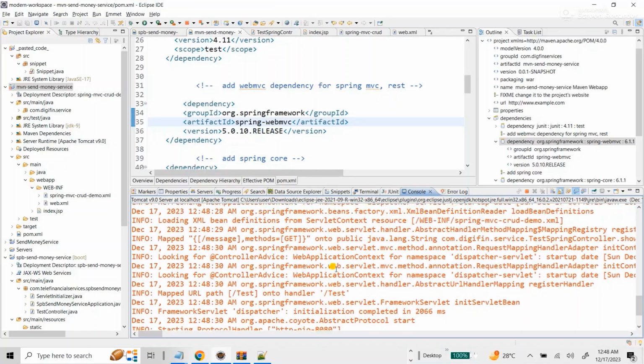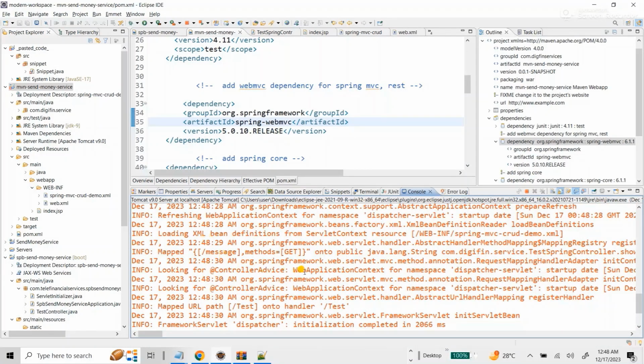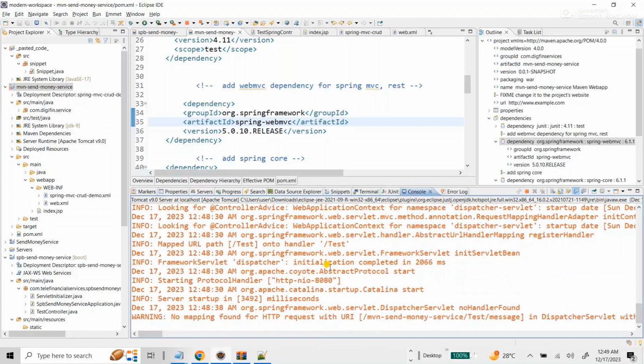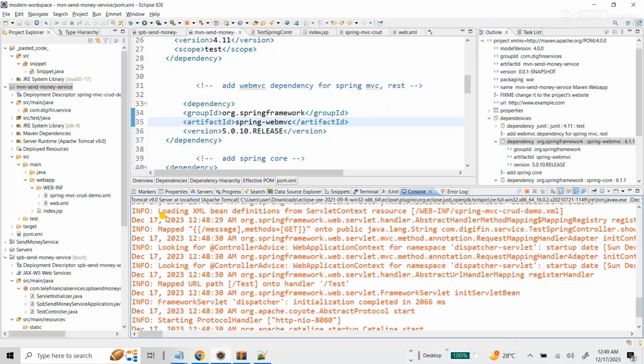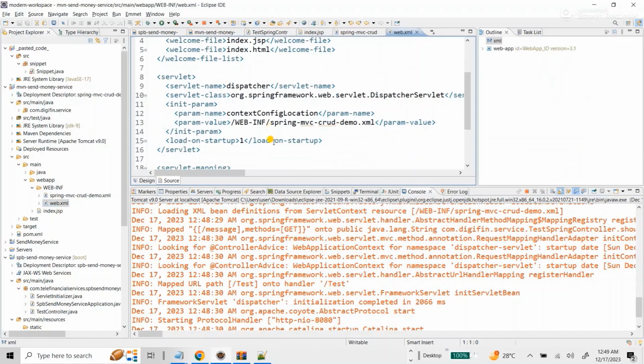And it has been able to recognize our Spring context. It's been able to configure or read the Spring setup that we've done, or the annotations that we've done to our classes, but it's still saying that it's missing one or two things, so we just have to figure out what that one is. So let's go to the